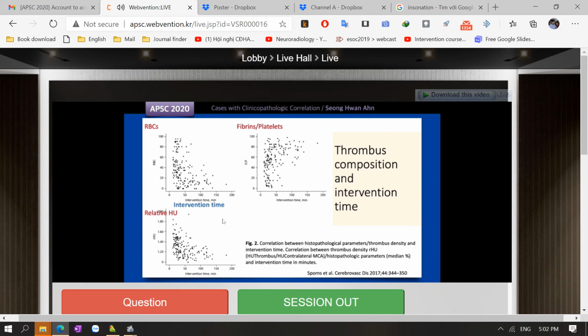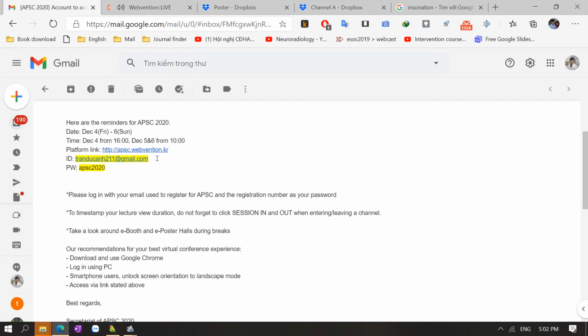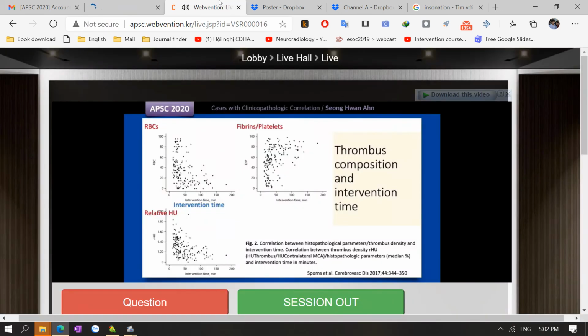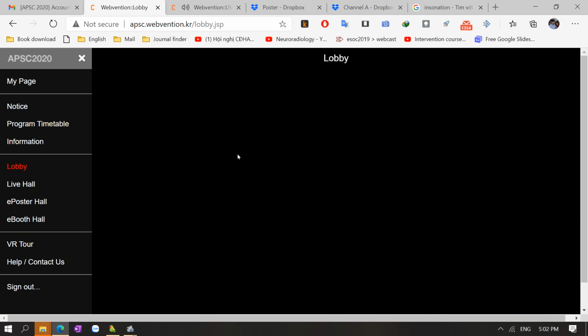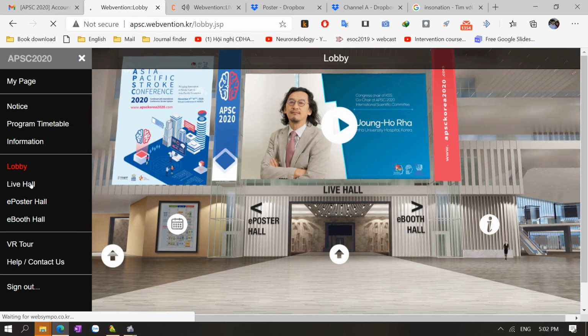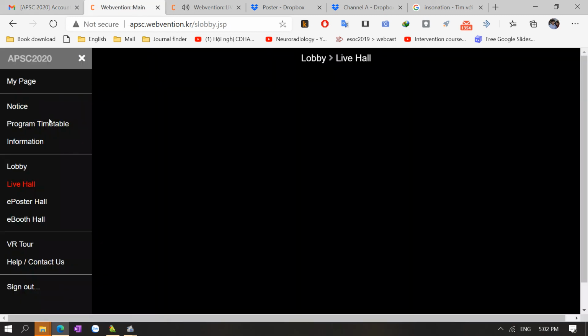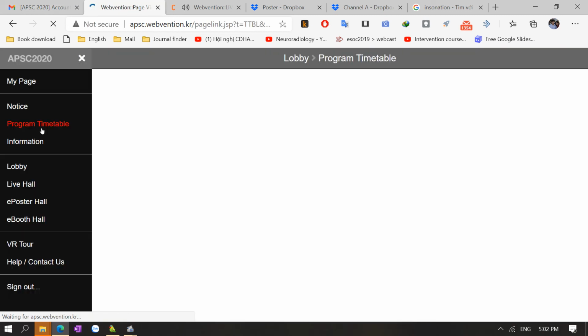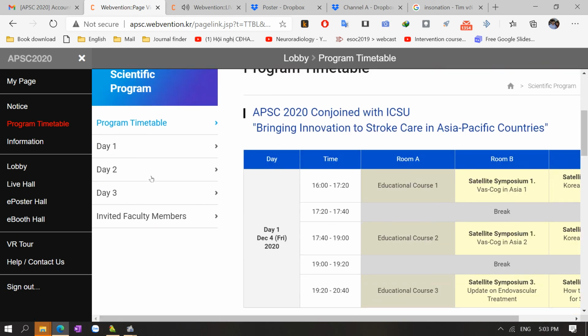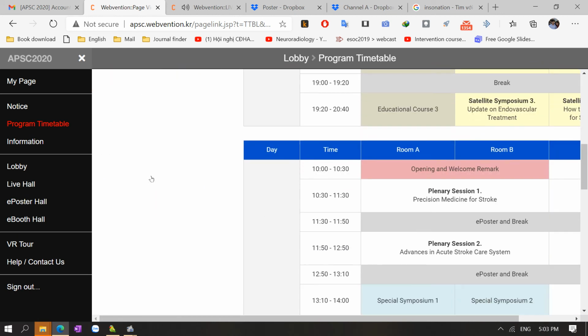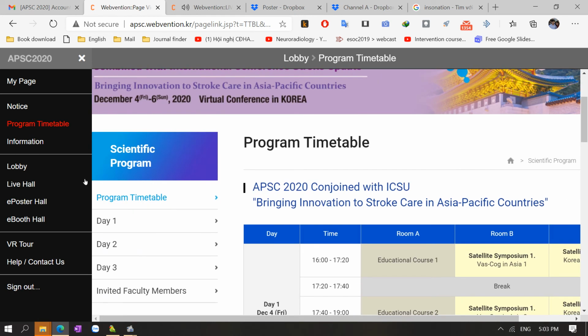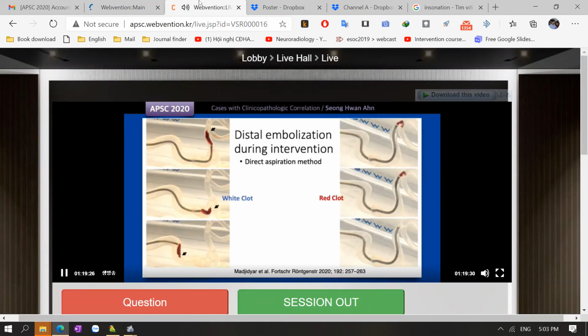Why is thrombus composition so important in reperfusion therapy? The doctors found that red blood cell percentage was associated with a shorter intervention time, and the higher fibrin platelet-rich thrombi require longer intervention time. These simulation figures show the difference between the fibrin platelet-rich clot and the red blood cell-rich clot